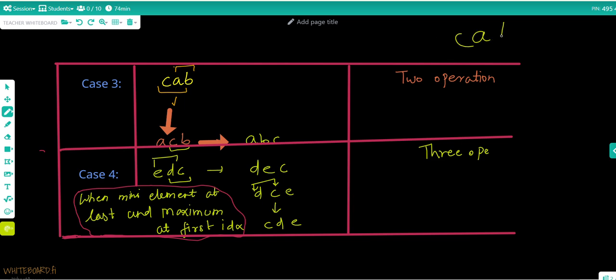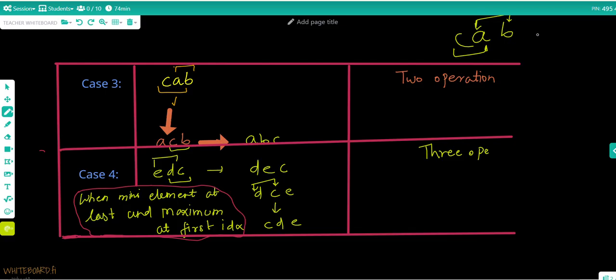Like if this is a string, in two operations you will choose the maximum length from the left side and the maximum substring from the right side. That will give you the optimal result, because you are choosing the maximum length of substring.